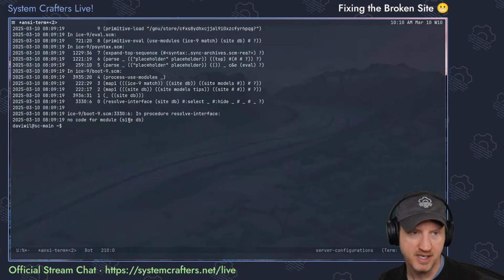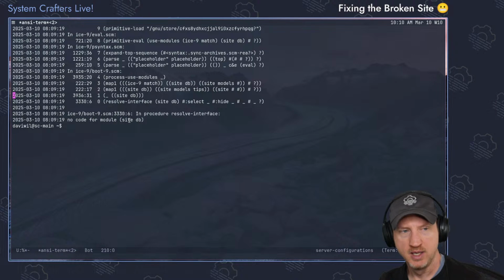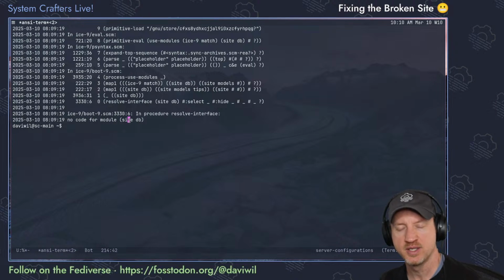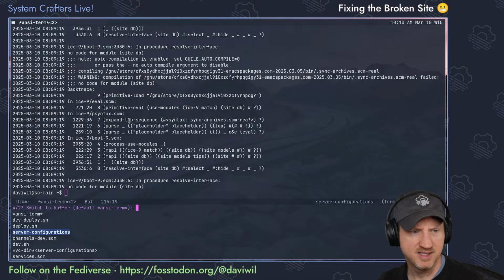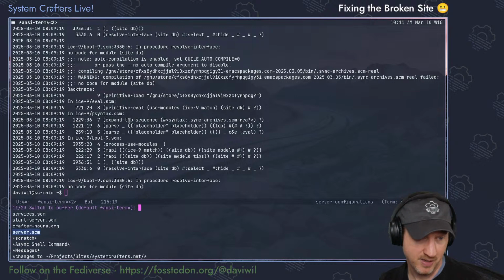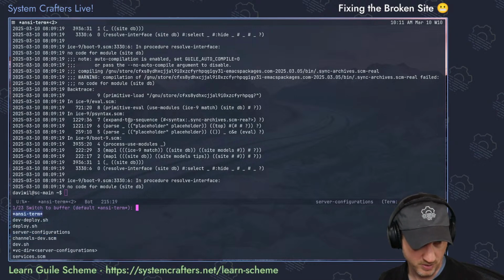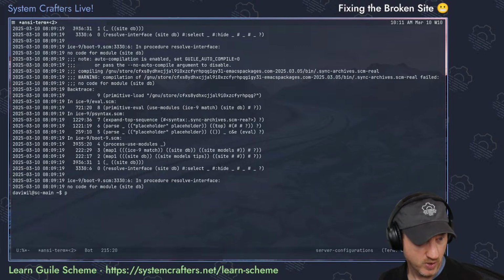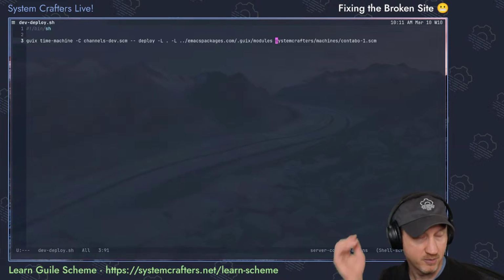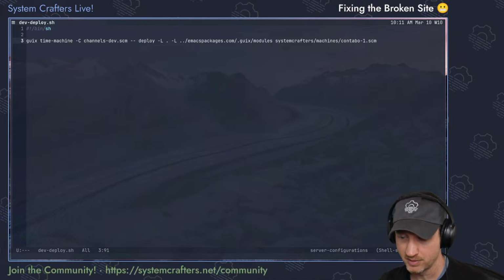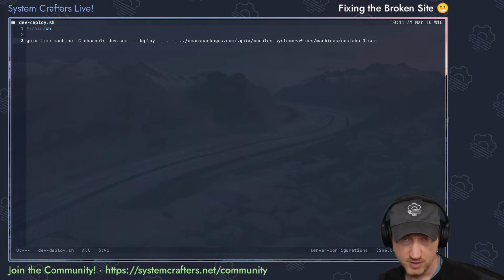I think what's happening is it's trying to load up the DB module, and the DB module can't find the SQLite library dependency that it needs because I changed how all the dependencies are being put into the profile, and I might have to roll that back, unfortunately. I'm a little bit unhappy that I would have to do that, but it is what it is. Let's get out of all these damn ANSI terms. I'm gonna have to use something else, eat or something, because it's becoming a bit annoying to deal with ANSI term. Okay, so